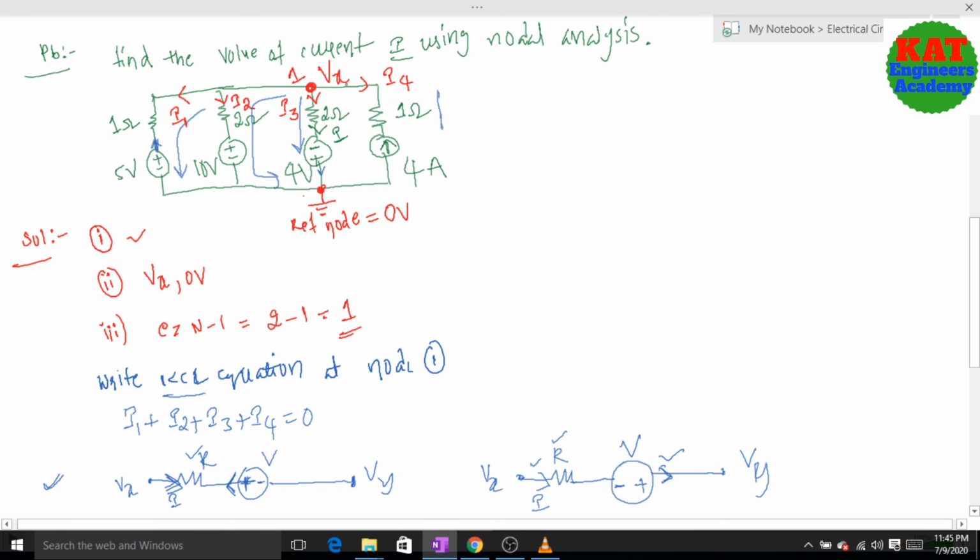Current flowing through the 1 ohm. This is I4. I consider the direction is I4. But in this path they are already given the current source. Just listen, whenever you are writing the KCL equations, if they are given the voltage equations, you write like this. If they are given directly any current value in that path, that current value ought to be considered directly. So I4 they are given in this line.